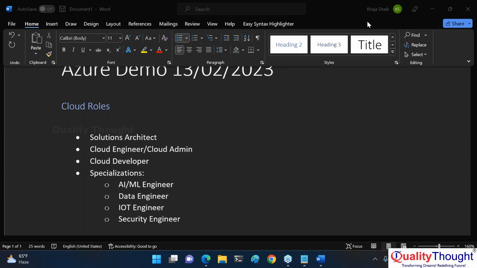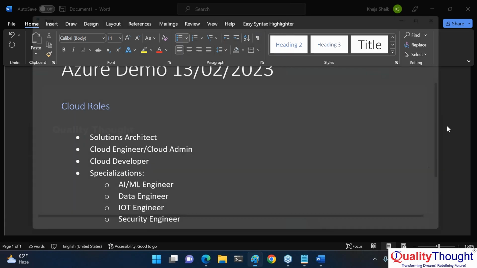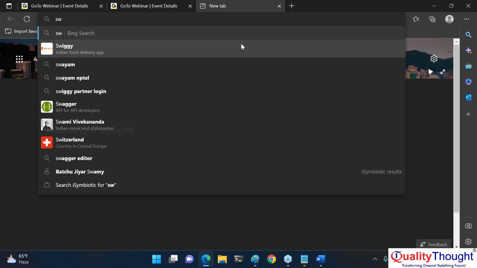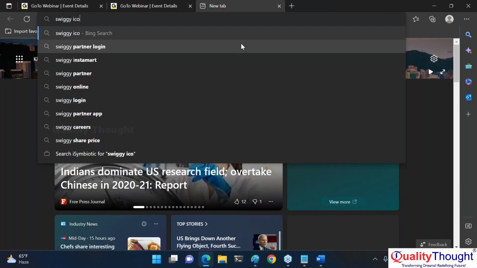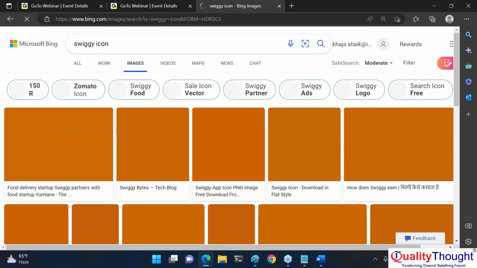Let us think of a scenario. We all use Swiggy, right? Swiggy or Zomato. So for some time, let us just go with the assumption that, icon or logo, whatever you call it.